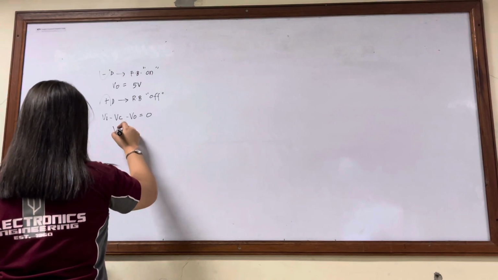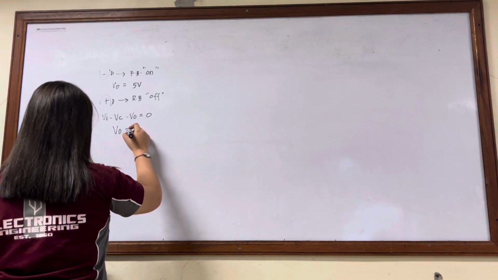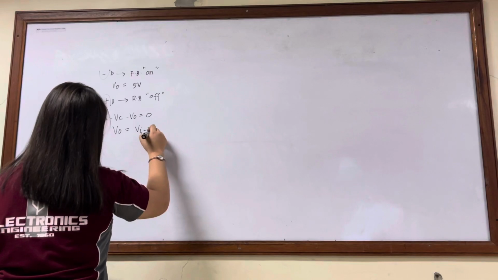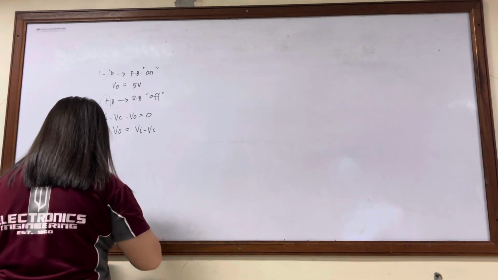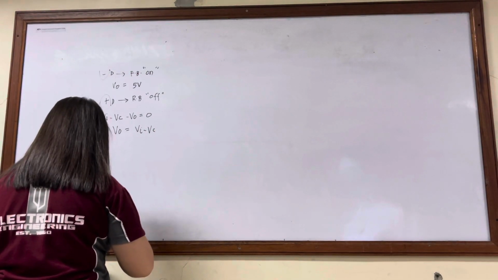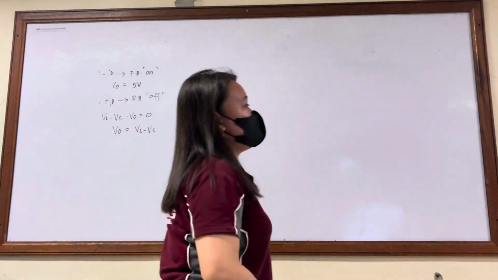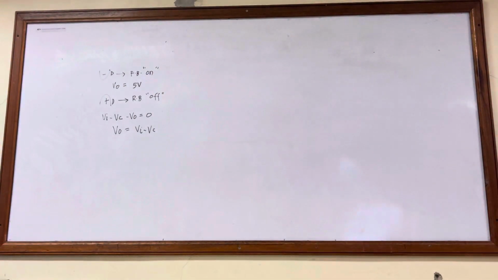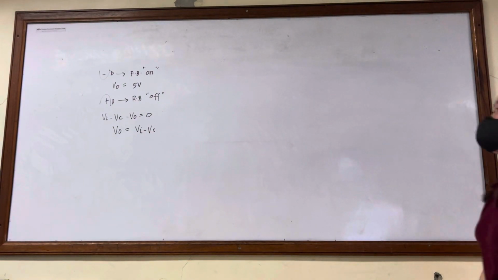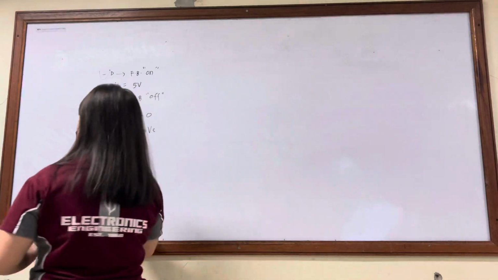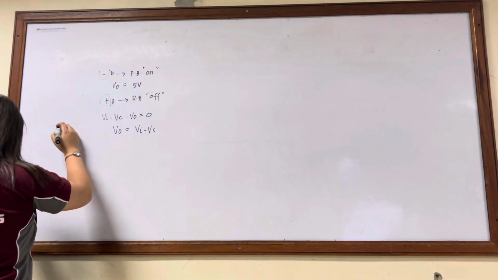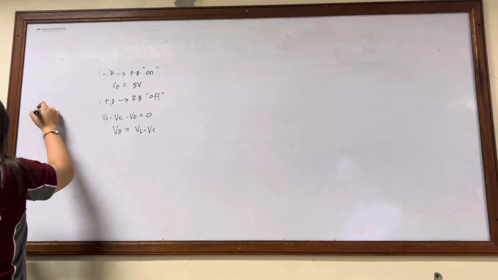VO is equals to VI minus VC. Now to find VC, we can make a loop here. So that's VI. To find VC,